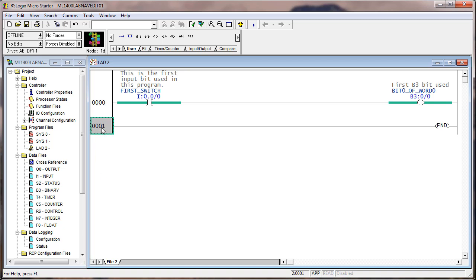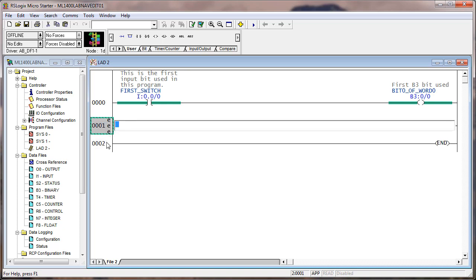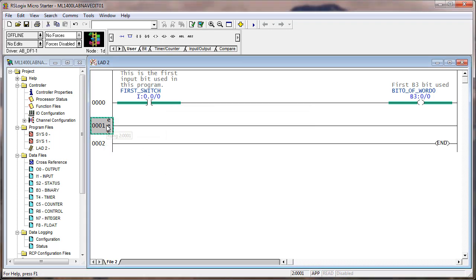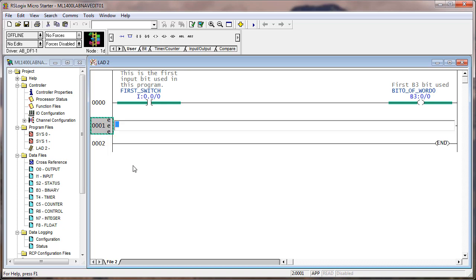Now I've got the focus right here, right? If I double click here, remember I showed you can click here and it'll put it down here because that's where the focus is. Or I can drag it down, or I can double click here and that starts a new rung. Okay, now let me do that again. If I double click here, it's going to open up a text editor, and I could put in a new rung. I could start typing in